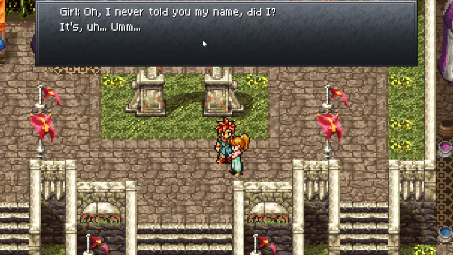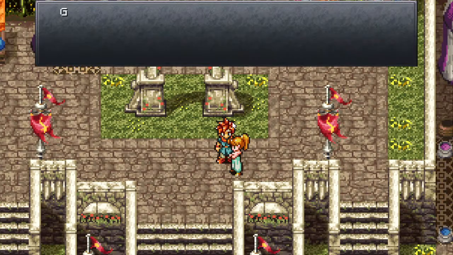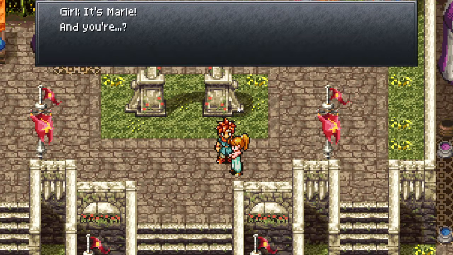Yes, Chris Pratt. If I could do an impression of Chris Pratt, Marl would sound like Chris Pratt. But like I said, this lends credence to my point. Her memory is complete shit. She doesn't even remember her name until you tell it to her, and you don't even know her. For all she knows, Marl is just the name I'm gaslighting her with. But she doesn't remember her name. But it is Marl. It's Marl, and you're...